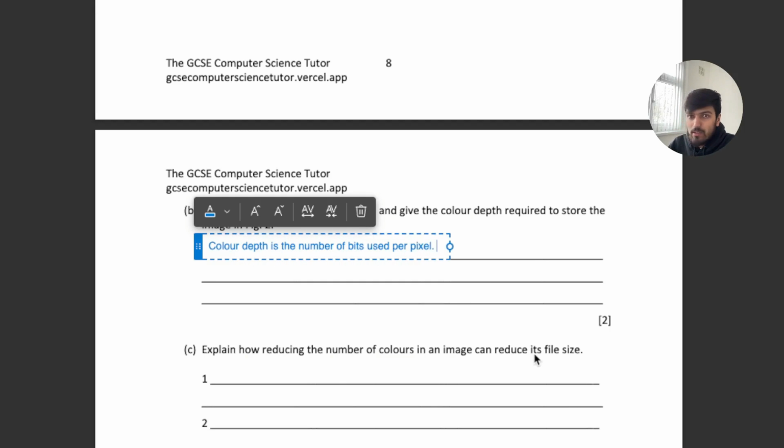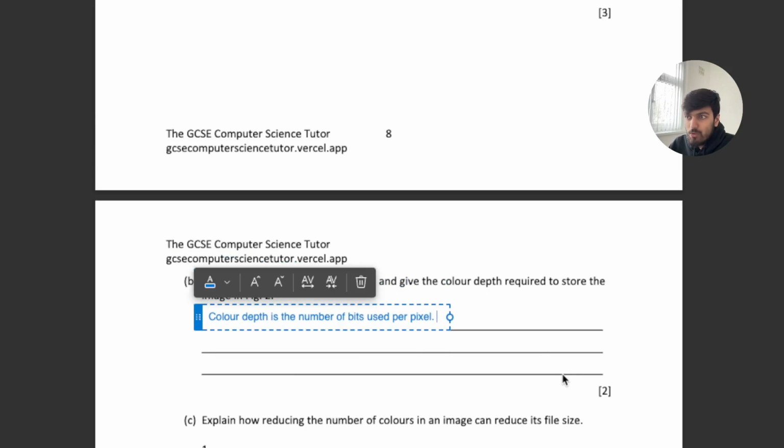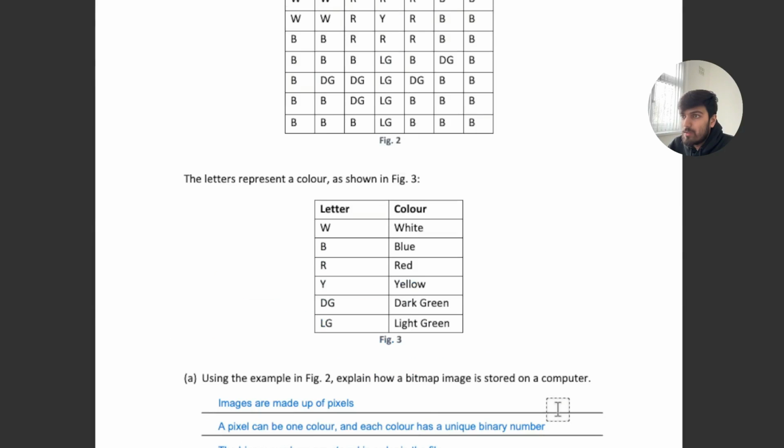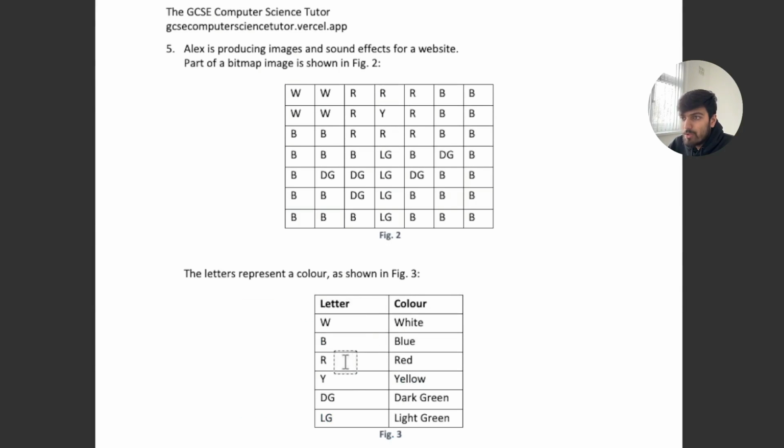And in this scenario, how many bits would we need? So we have 1, 2, 3, 4, 5, 6 possible colors. If we use a bit depth of 2, we're only limited to how many possible combinations are there of 2? So 00, 01, 10, 11. 2 to the power of 2, which is only 4, which won't do